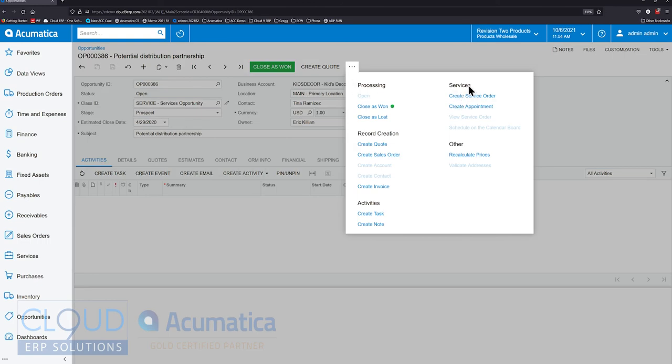you can see our services section and create service order or appointment. So you have these two options. If we create a service order, it'll create the service order and then you could schedule it later. So you may have a dispatch which will schedule the appropriate people for the service order. Or if you can, and you know exactly who you're going to schedule it with, you can create the direct